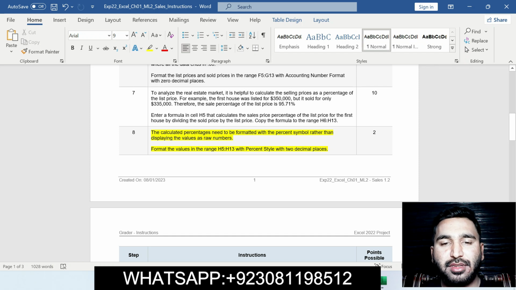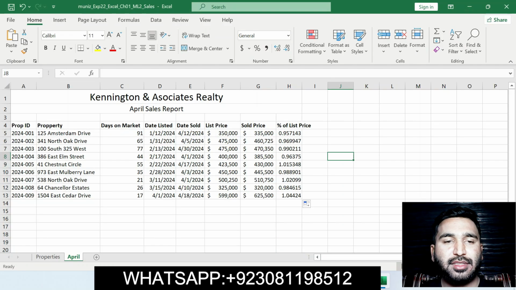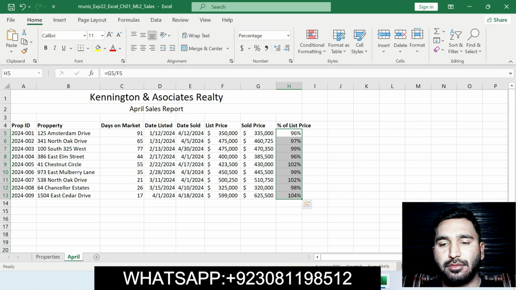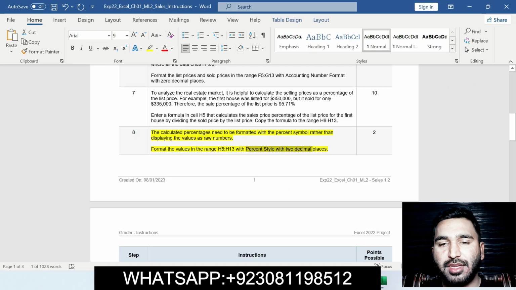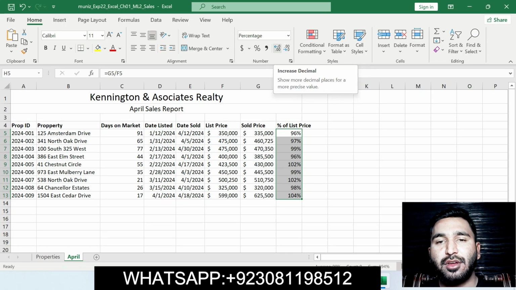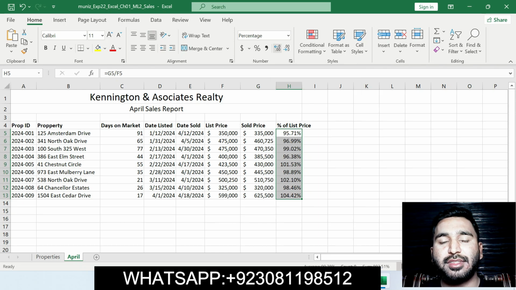You can select this range in the Excel workbook, then go to the Home tab, and here is percent style. With 2 decimal places, here is decrease decimal and here is increase decimal. Click 2 times on increase decimal.